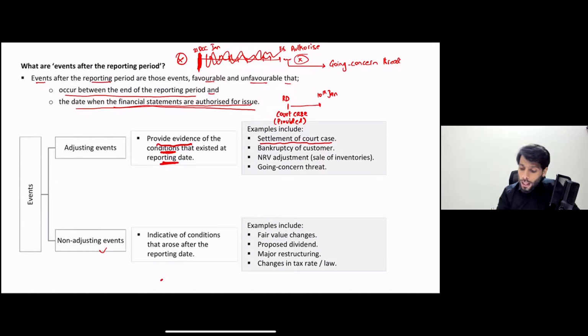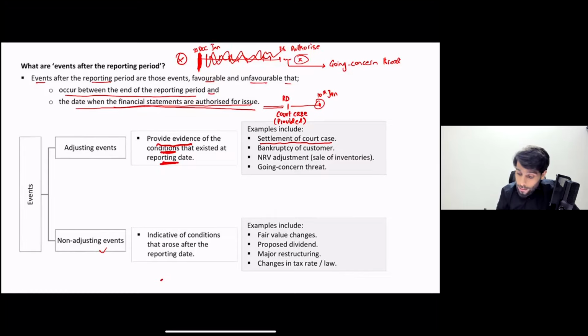Now, the hearing actually happened beyond the reporting date, on 10th of January, and your reporting date was 31st December. So, this particular hearing event did not happen within the accounting period. Should you recognize a loss within the current year, or should you wait for the next year for this loss to be accounted for? IAS 10 says that this is an example of an adjusting event.